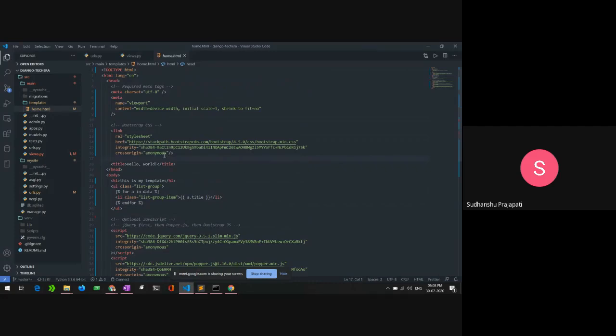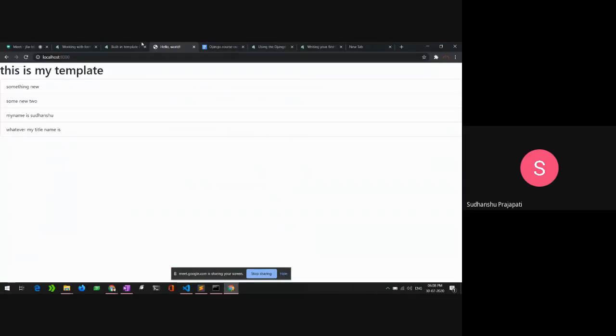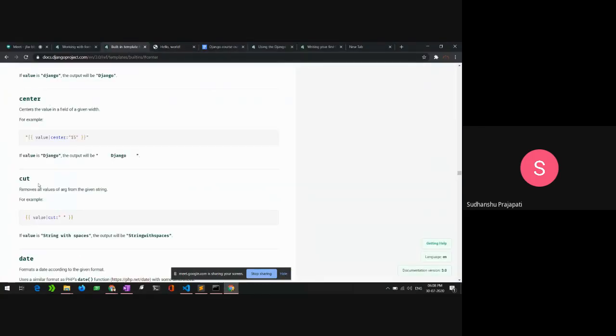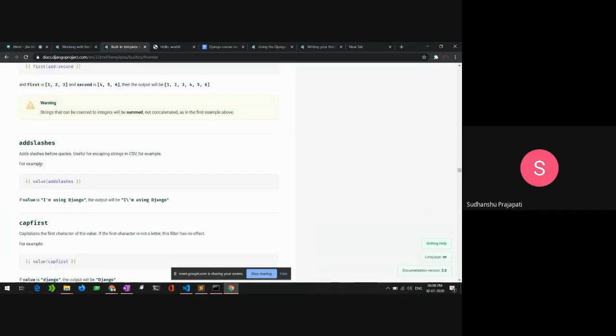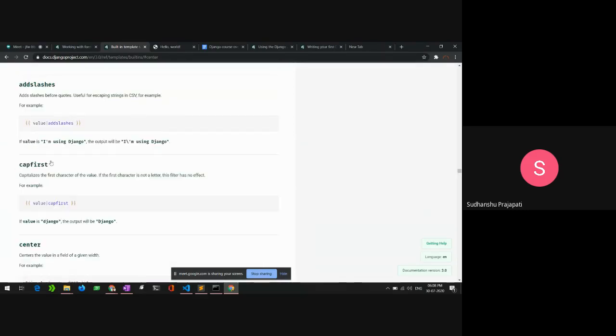So let me move right into more of the template tags, and we will use one of the tags from the documentation, the capfirst tag. It will capitalize the first letter, and there are some easy-to-use tags that you can use in your HTML template.